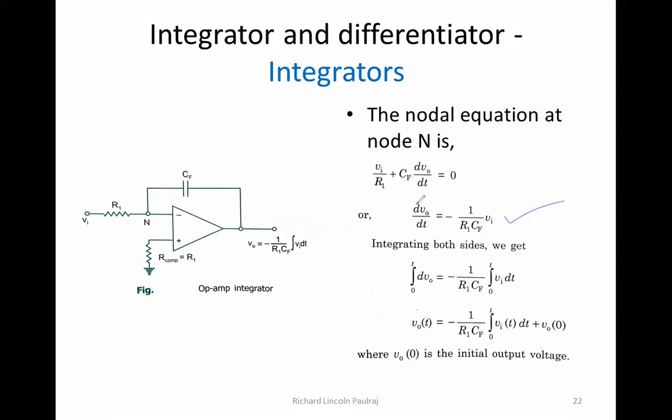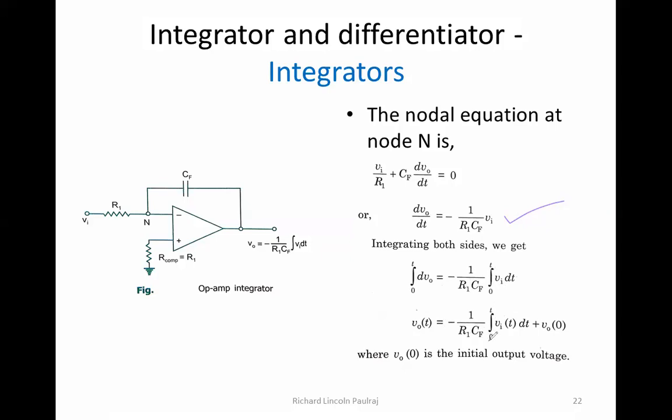So I differentiate this with respect to t. I take dV naught is equal to minus 1 by R1 Cf. This is a constant value; RC itself is a constant, so if I take an inverse of that, that's also a constant. Integrating from 0 to t, I integrate the input voltage Vi with respect to t. So it gives me V naught with respect to t equal to minus 1 by R1